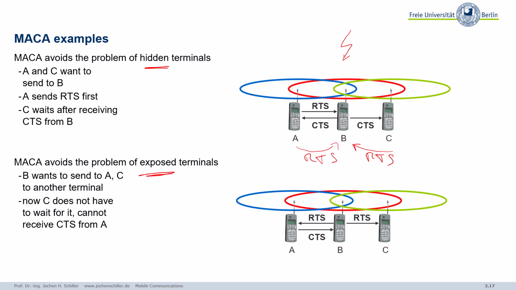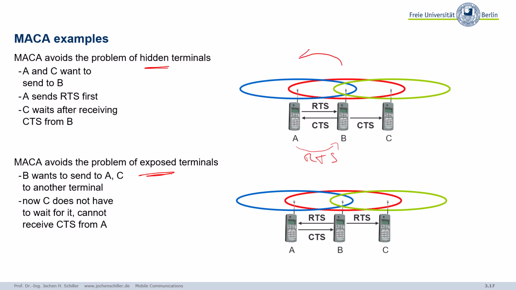So, where's the advantage? RTS, CTS, both are short packets. So statistically, it's very seldom that you have collisions there. And the point is, if one sender is the first one, and there are no collisions, then the